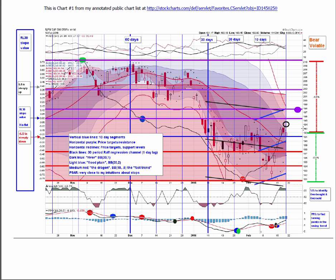So if we get above 194, I'm going to treat that as a very favorable sign, and that would lead me to believe in a possibility of 198, then a test at 202. Should we get failure here, then the obvious support levels are down here at 197, or correction, 187 at the edge of the river in the bottom of the Dragon. If that fails, then it's a retest of 181 down here